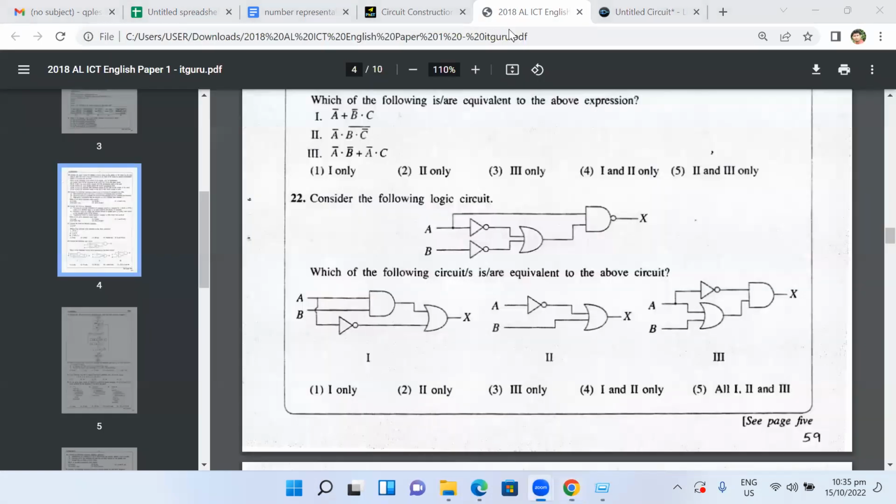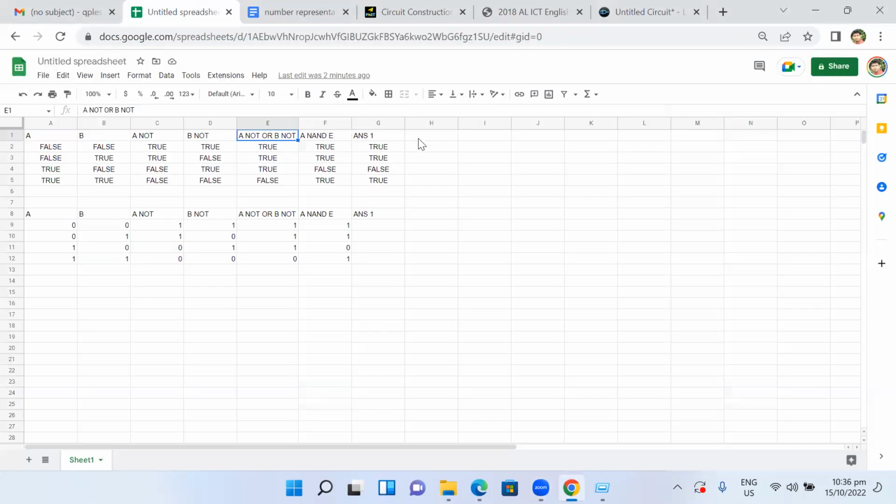So don't worry about the syntax in Excel. Excel is not related to this. I just use Excel to prove that this is one answer, right? Then the second one, A not, B, you have to OR them. But what do you need to OR? In answer number 2, you need to OR